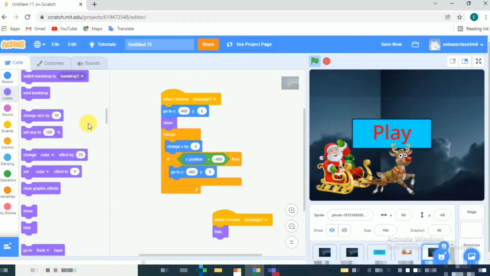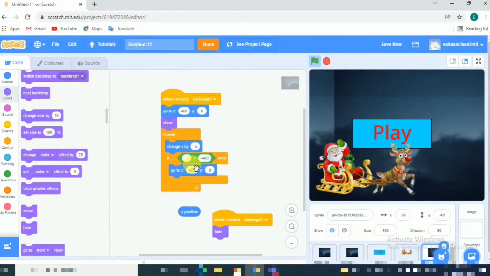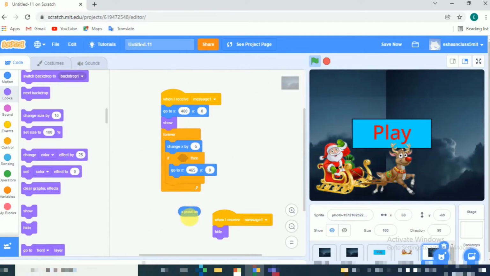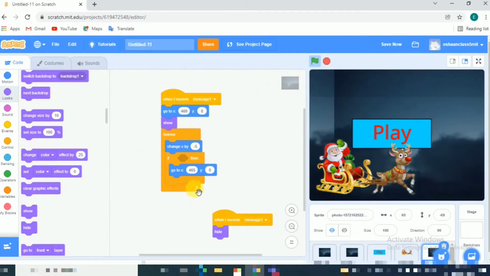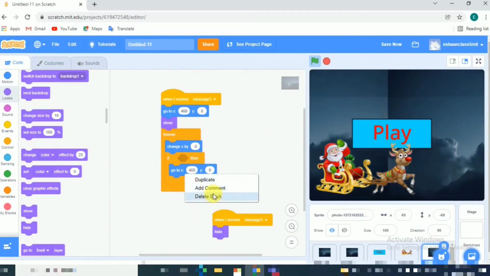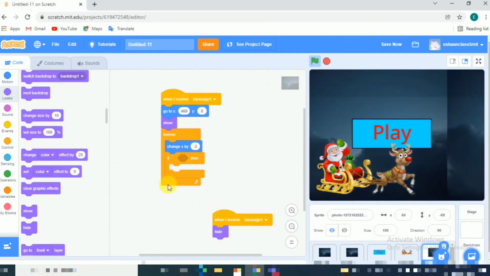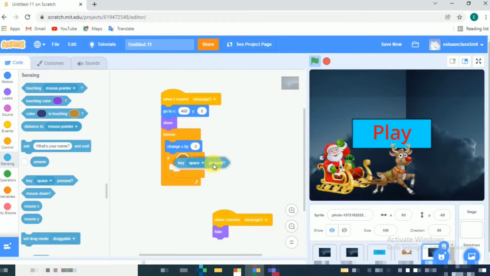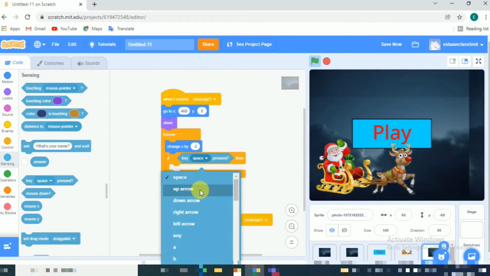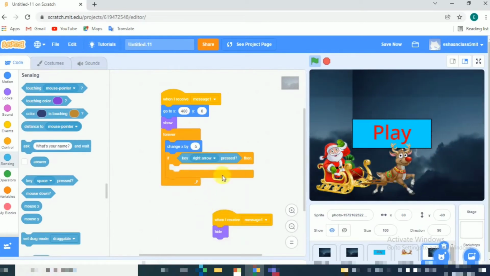After show we'll remove these operators and expression, and this also. And after this we'll go to sensing and take key space pressed and change it to right arrow. You can see I am adding right arrow. It will look like the player is moving.